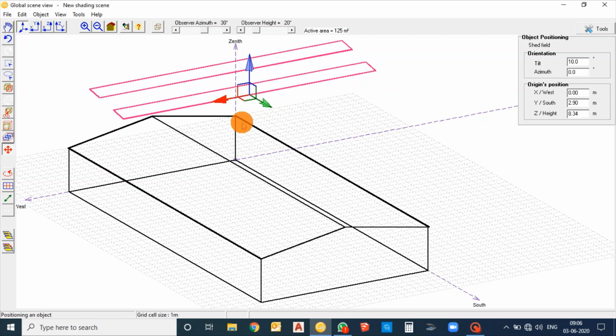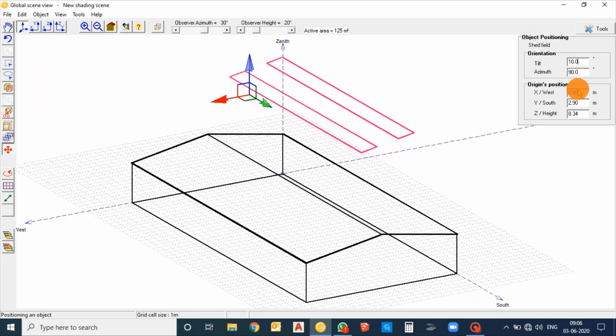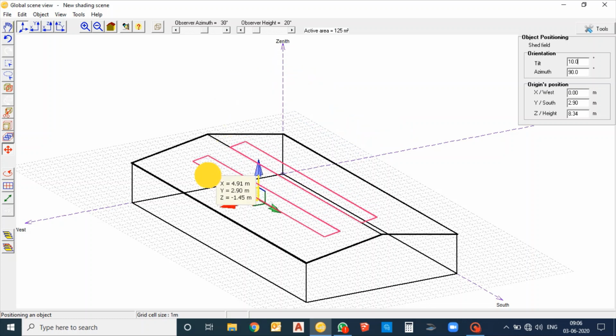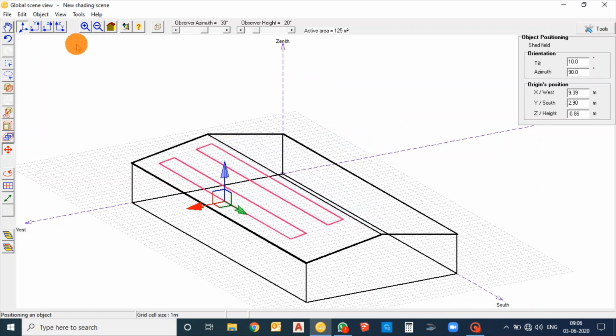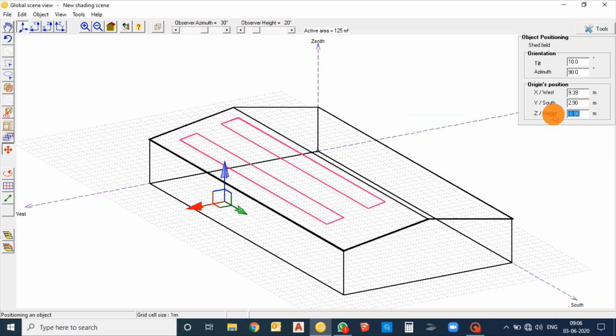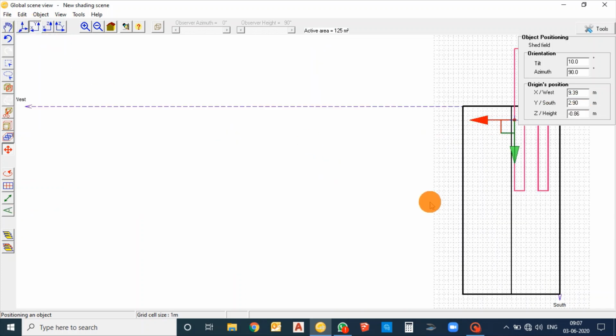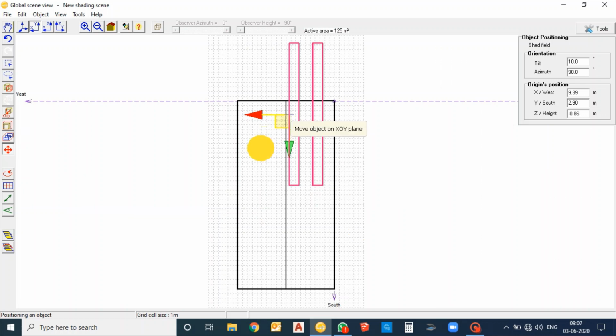You want to change its azimuth angle and its position. So azimuth will be 90. You can see the azimuth angle has been changed, and the height and position have to be changed. Okay, you can see the top view and reposition your PV shed areas.